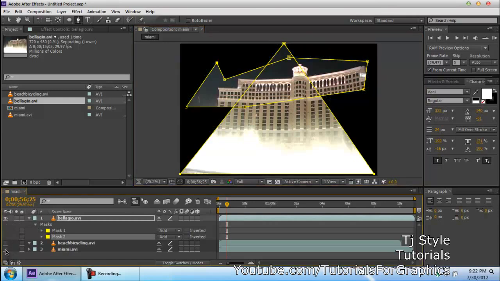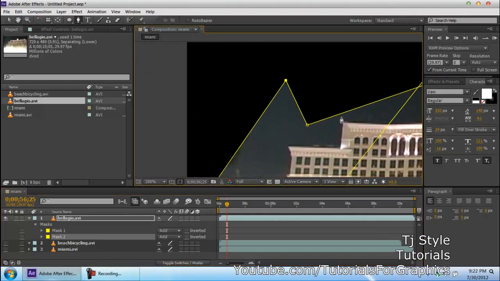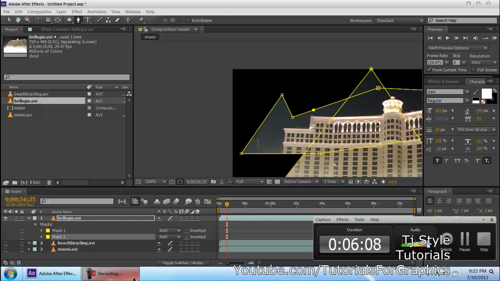And actually guys, for explaining purposes, I'm going to remove the visibility of these two videos. So if you keep your mouse on these different parts of your mask, you'll see that your pen tool gets a small icon below it, a plus icon, meaning that if you click on the path, you are actually going to add a node. And these nodes are really very important because in a later video,